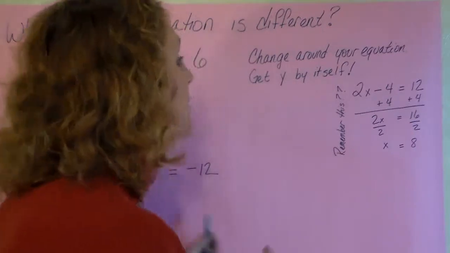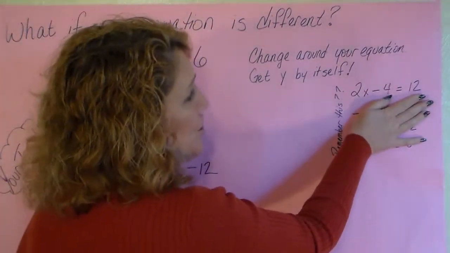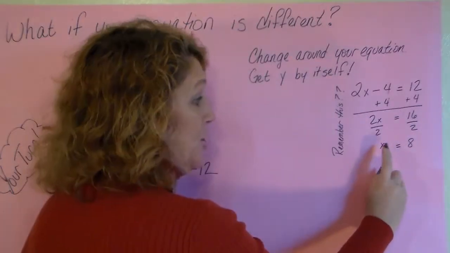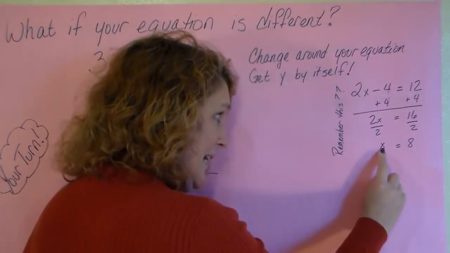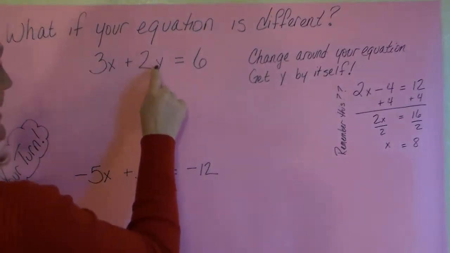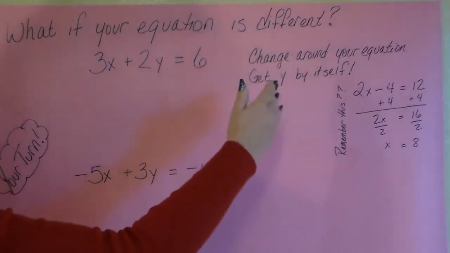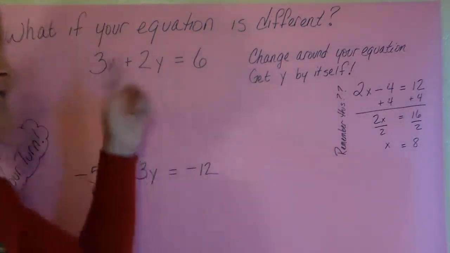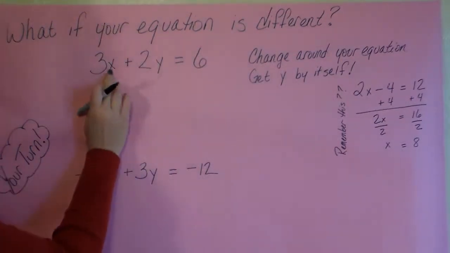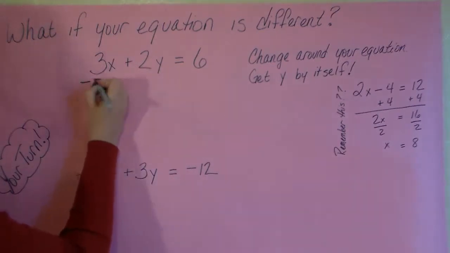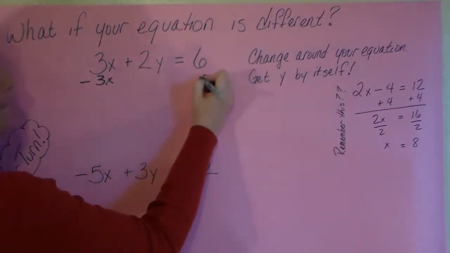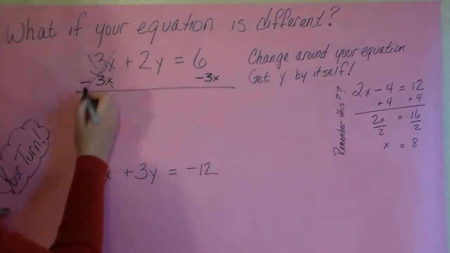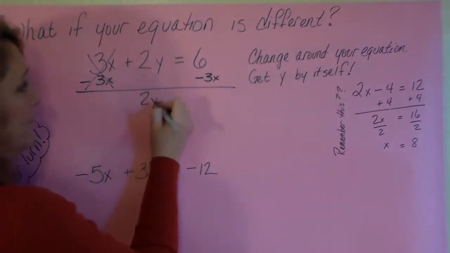Now, do you remember when we had in the equation 2x minus 4 equals 12, and we had to solve for x, so it was just x on this side? I want the y to stay here because I wanted to say y equals something. So I'm going to get rid of the x. I'm going to move the x to the other side. I have a 3x added to my 2y, so I'm going to subtract 3x from both sides. So now this goes away. And I have 2y equals,